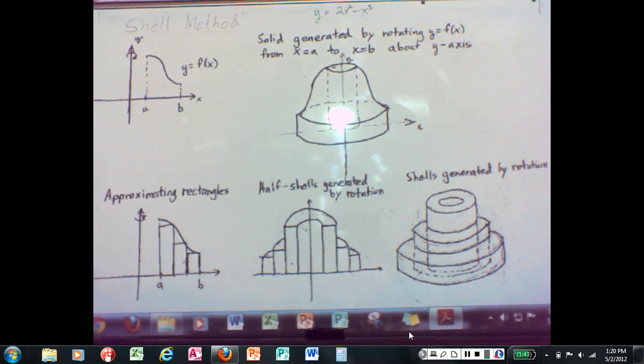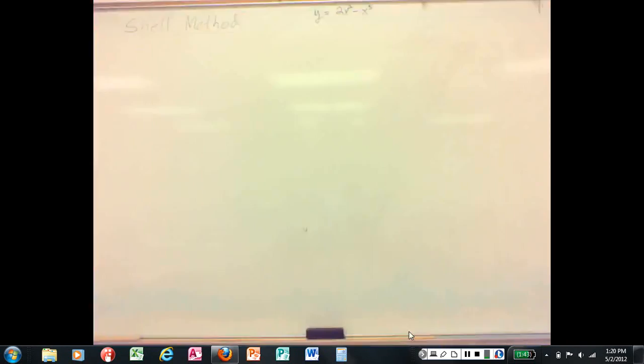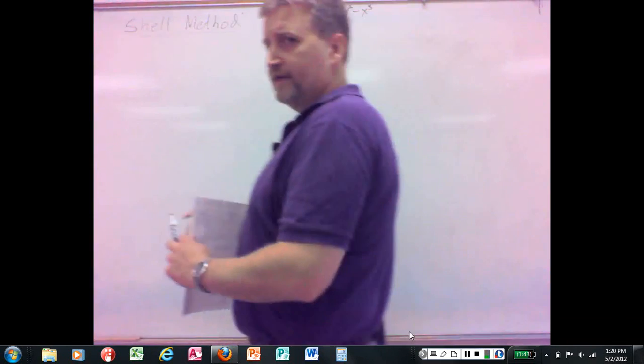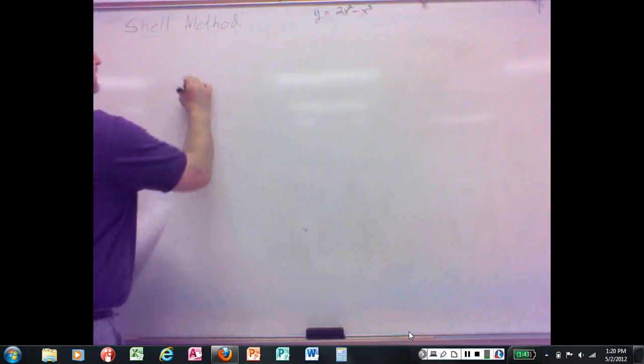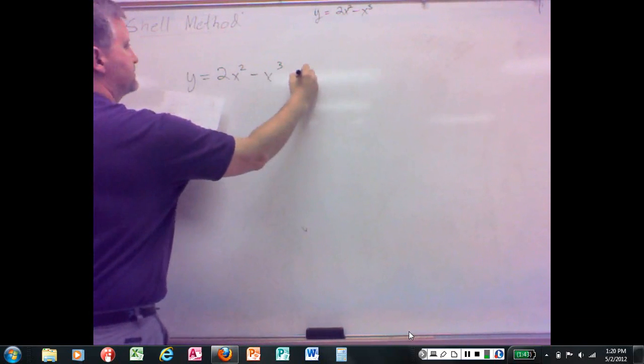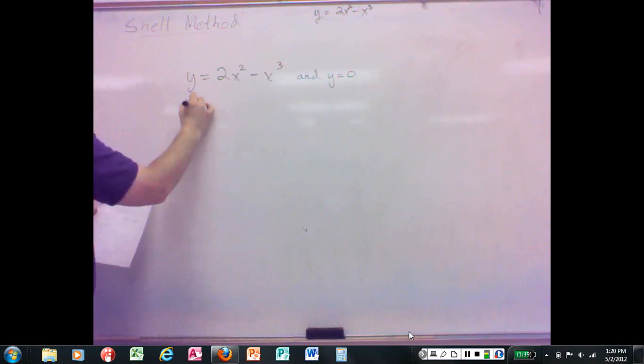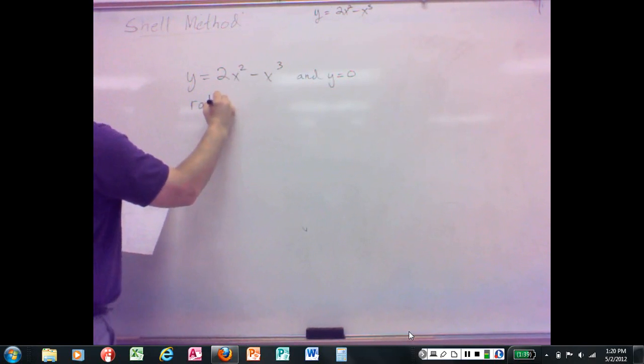Matter of fact, let me kill that for just a second. All right, yeah, let's talk about y equals 2x squared minus x cubed. If I rotate that and y equals 0, if I rotate that region bounded by those about the y-axis,